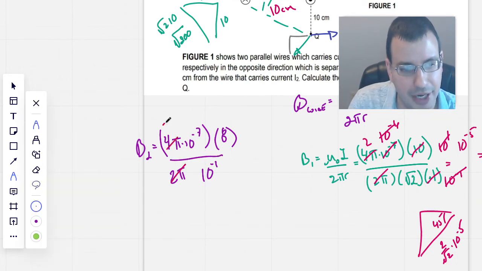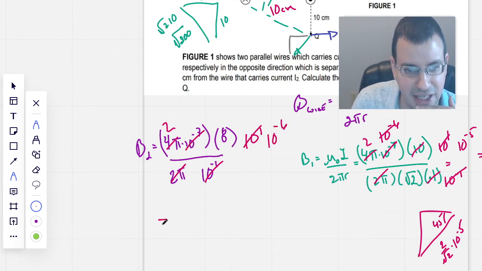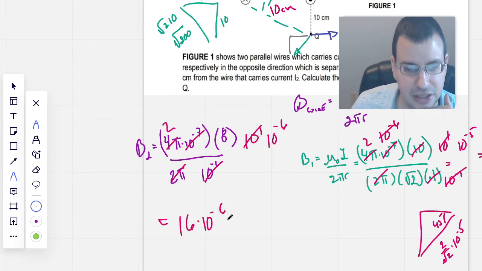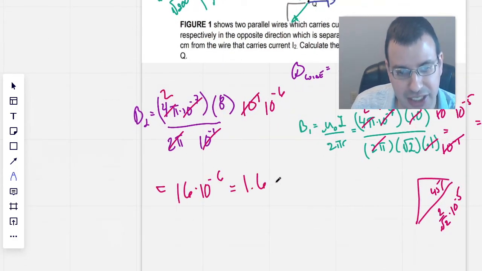Figured I'd need a calculator by now. Kind of proud that I haven't. So 10 to the negative first on the bottom is the same as 10 to the first up top. 10 to the negative 7 and 10 to the first become 10 to the negative 6. And we have 16 times 10 to the negative 6,